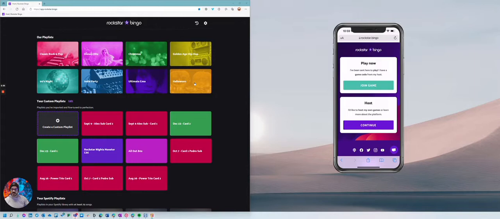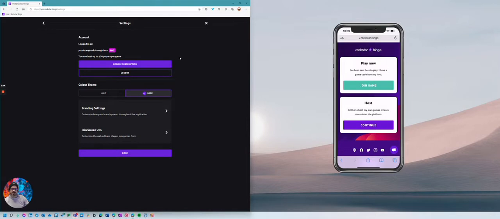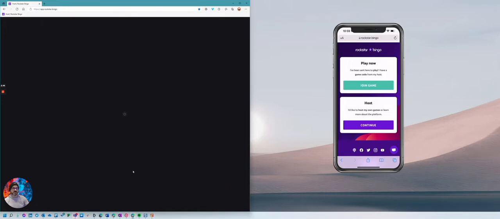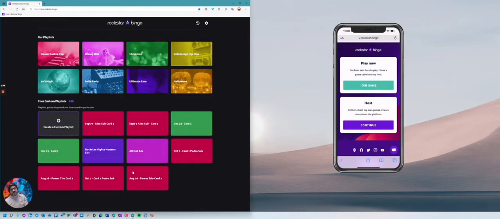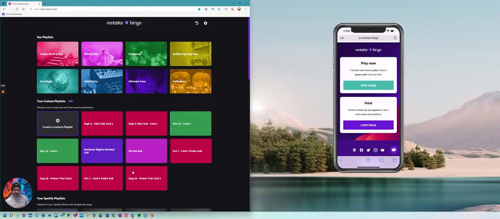If I was a hockey host at a game, a couple things I would probably do is set my branding settings, so put the hockey team's logo on the start and end screens. I'd probably create a custom join screen so that you could put a QR code up on the Jumbotron, or on handouts, so people just go right to the app and can join the game.